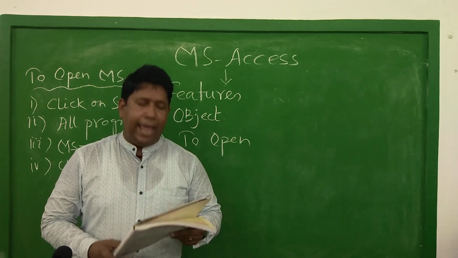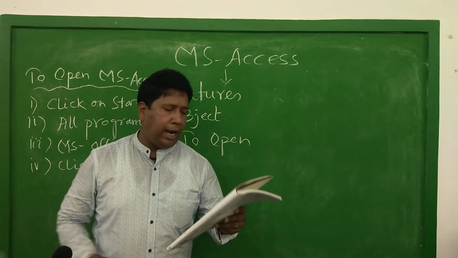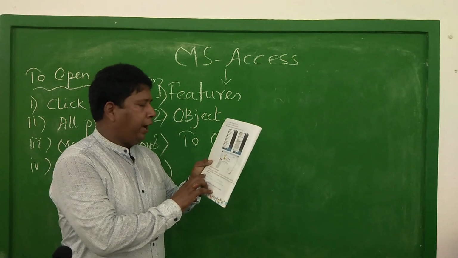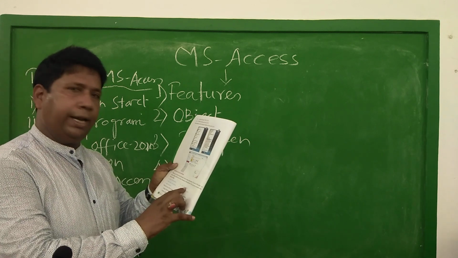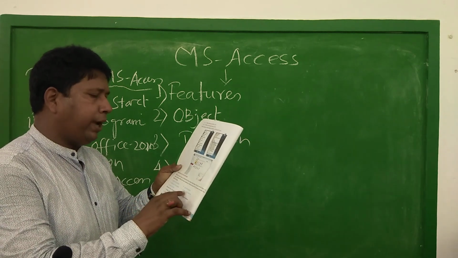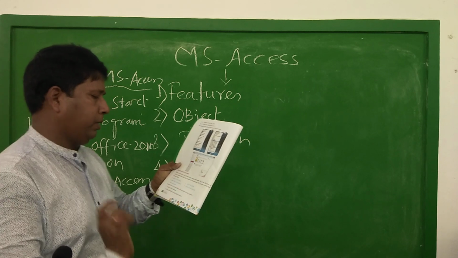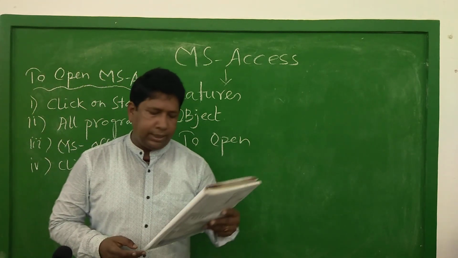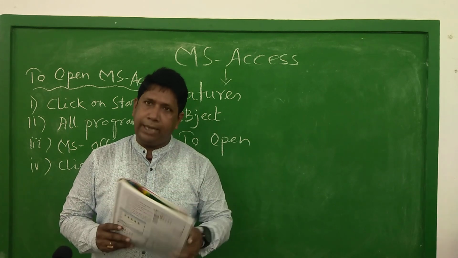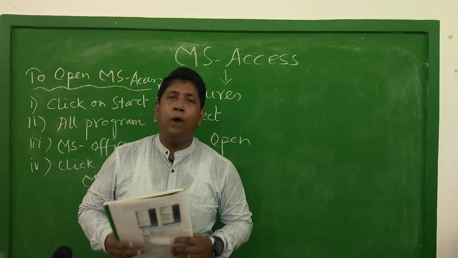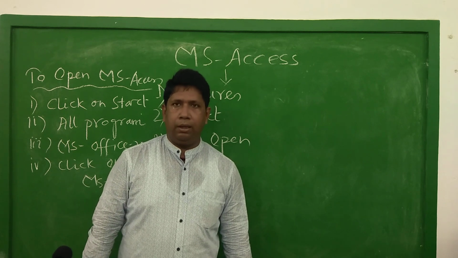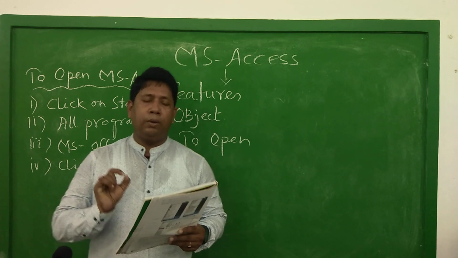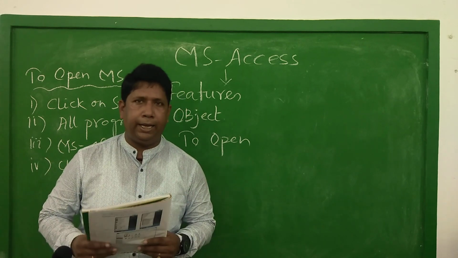Now creating an Access database. When you start MS Access, you can find the following: purpose of the database, users of the database, tables of the database, queries the database needs, and forms and reports. In Microsoft Access, we can find a blank database as well as sample templates. Now how to create a blank database. A blank database is used to store all the information directly.